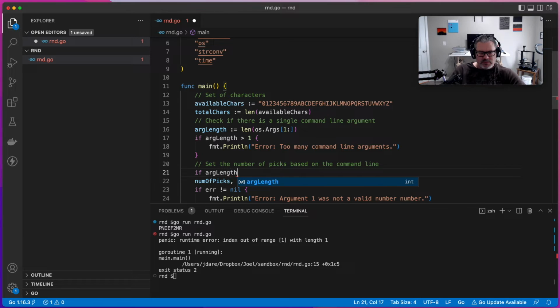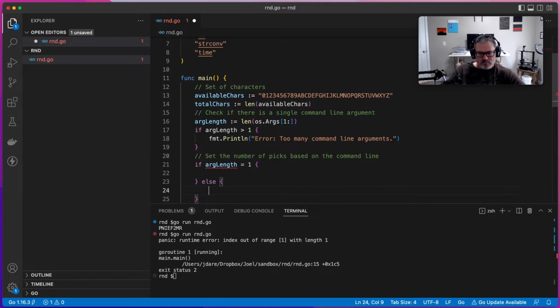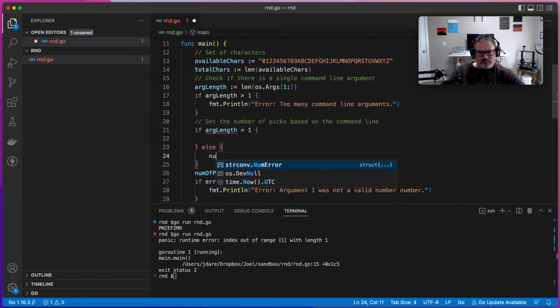If arg length is exactly 1, is 8, otherwise